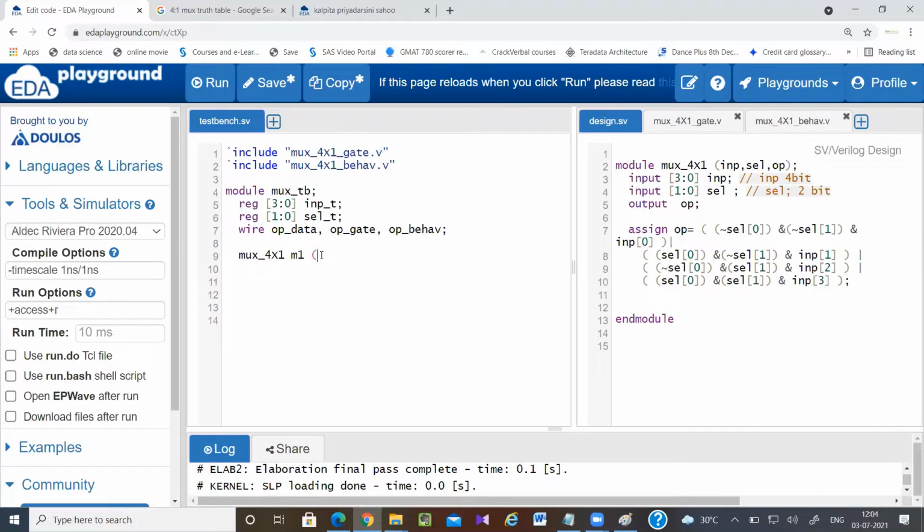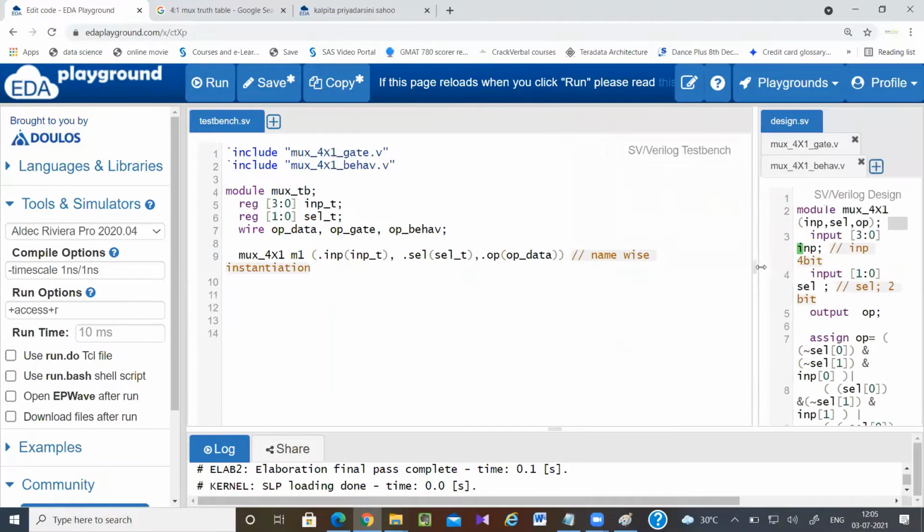So now here .input means the input of design mux 4x1 is connected to input TP. Next, .select in my design is connected to select test bench. Then .output is connected to output data. This is how we do the connection. It is known as name-wise instantiation.